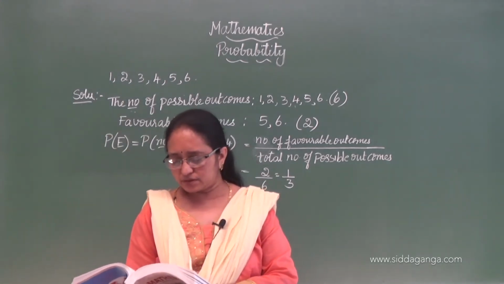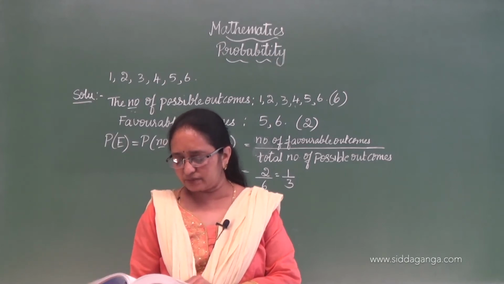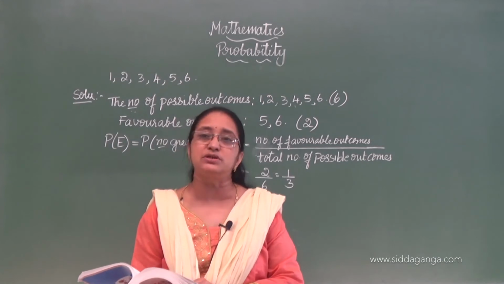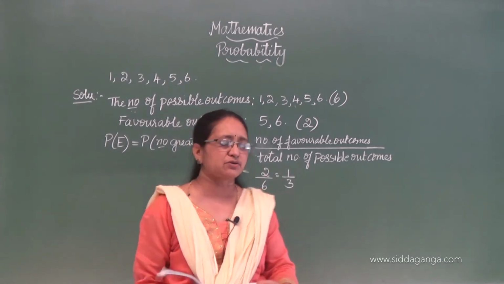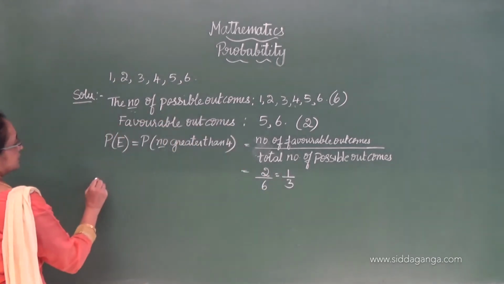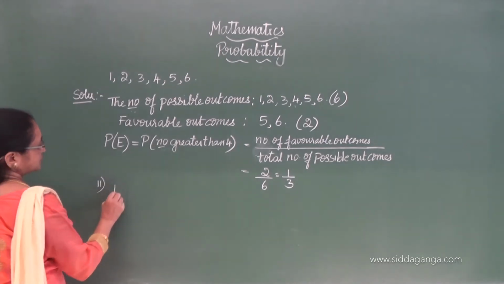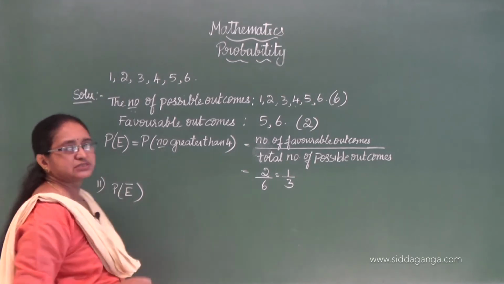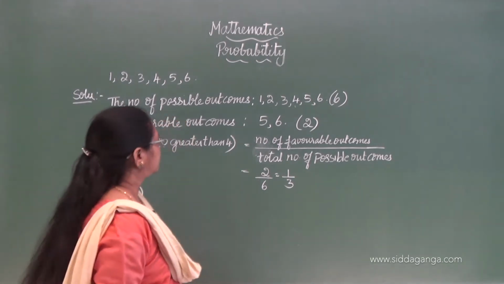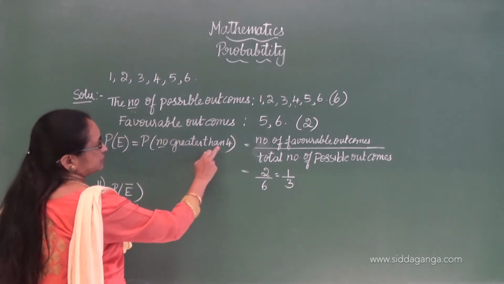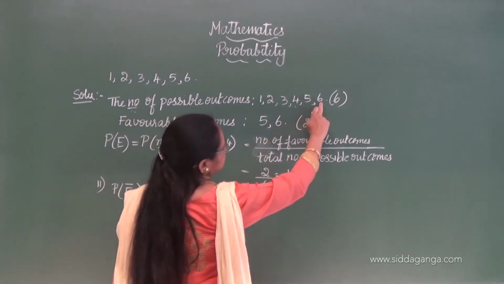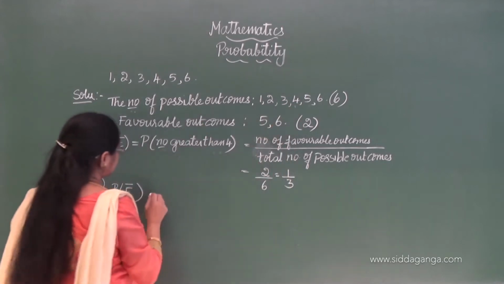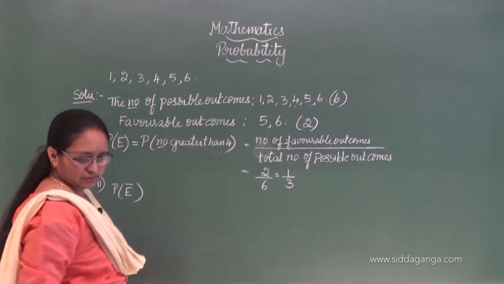they have given, let F be an event. What is the probability of getting a number less than or equal to 4? Less than or equal to 4. This is the second one. Less than or equal to 4 means that is nothing but, you all know, the complement of this. See, greater than 4 means here 5 and 6. So less than or equal to 4 means here, which is the,